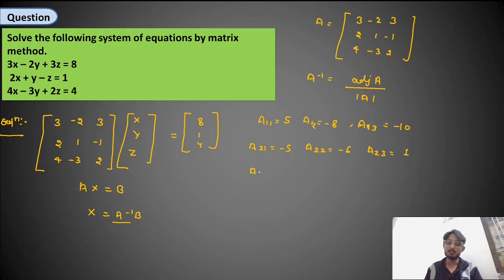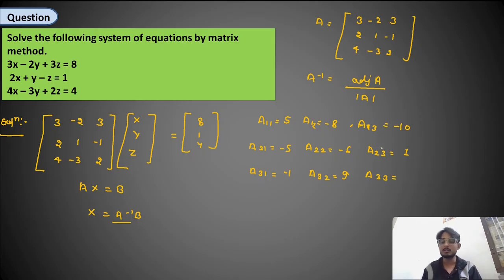Now A31 means eliminating the third row and first column. When you eliminate the third row and first column, you get 2 minus 2 3 1 and minus 1, so minus 2 into minus 1 plus 2, and minus 3 into 1 minus 3, plus 2 minus 3 equal to minus 1. A32: eliminating the third row and second column. You will get 3 3 2 minus 1, 3 1 is 1, minus 3, and 3 2 is 6, minus 6, minus 3 and minus 6 is minus 9, and the sign will change, so plus 9. And A33 equal to